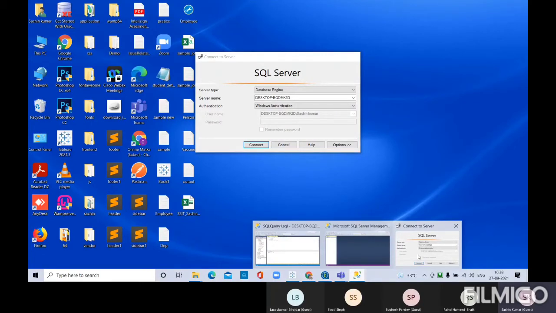Host name is your server name. Server name is your host name.